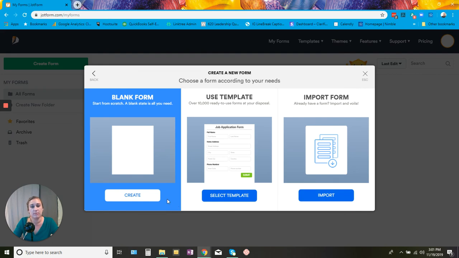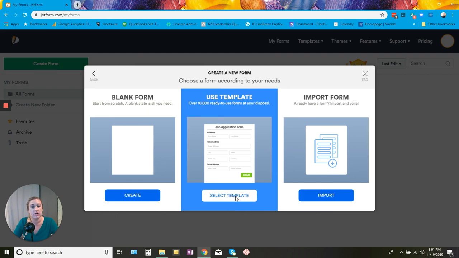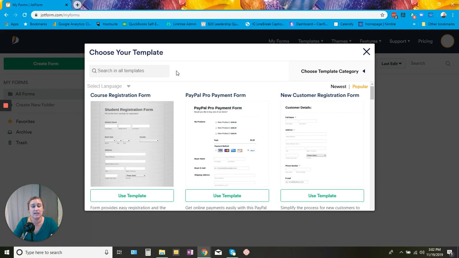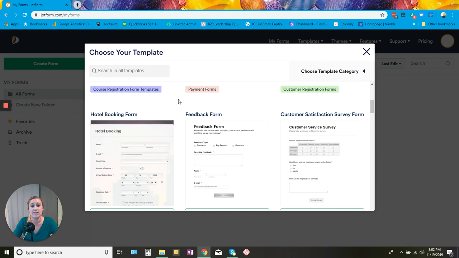And you can start with a blank form, you can use a template, or you can import a form that already exists. So I'm going to briefly go through the templates to show you all of the templates that they have. They have a lot of different options, and I'm really amazed by how much stuff there is. So you can see here they have course registration form templates, PayPal Pro payments, new customer registration forms, hotel booking